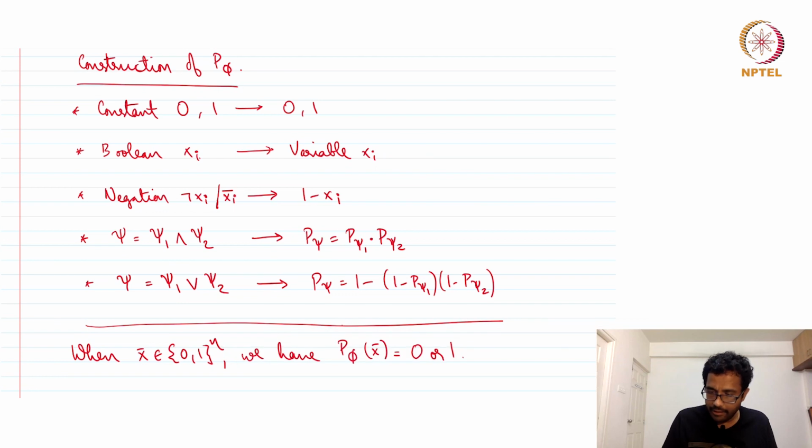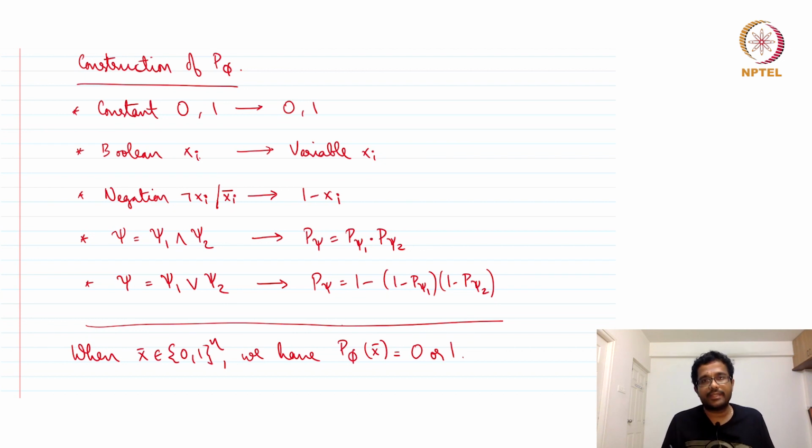When we have an AND of two formulas, psi 1 and psi 2, then the resulting polynomial will be the product of the two polynomials, right? Because when psi 1 is 0 and psi 2 is 0, the product is 0. When either one of them is 0, the product is 0. When both of them are 1, the product is 1. So the product replaces the AND. So OR,